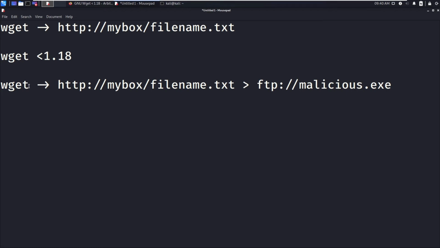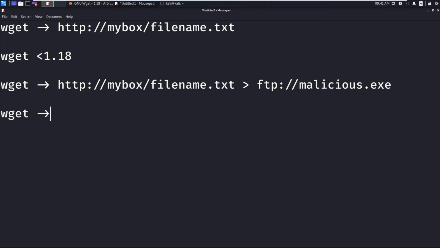So wget will try to fetch this resource, but I will redirect this request to this location, FTP malicious.exe. So wget will go and fetch this malicious.exe. So instead of saving this as filename.txt, it will save as malicious.exe.